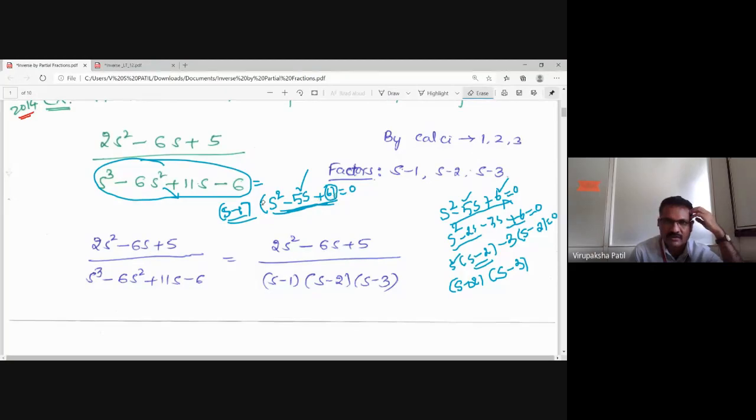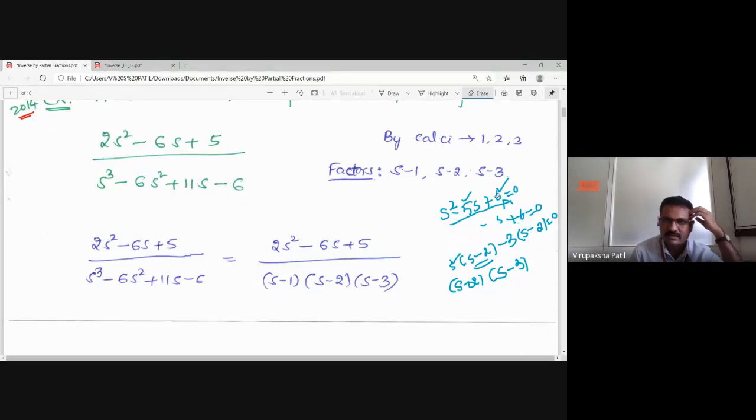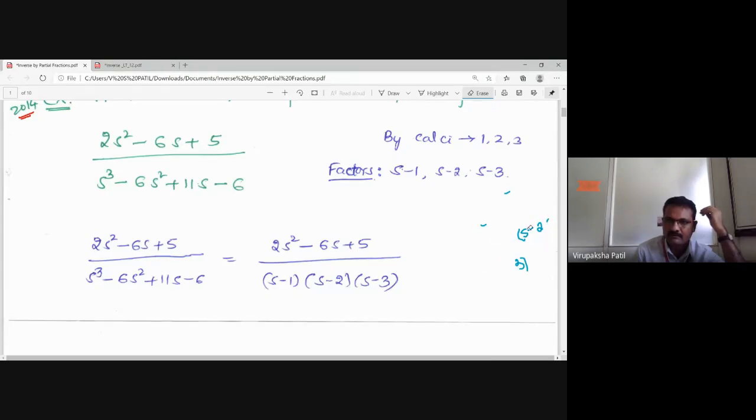Therefore, what is your final conclusion? Can anybody tell me there? Using a calculator also you can do this. I will tell you once the classes begin. Otherwise, in the next class, I will show you how to get the factors or roots using the calculator. Okay, is that clear?